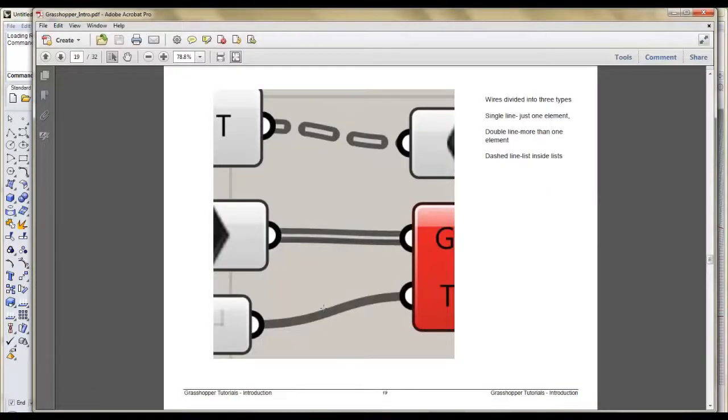Everyone. So to continue with lists in Rhino or Grasshopper, and how information is stored, and how linking these components to each other works, is going to be the portion of this tutorial. There are three ways the wires are represented within Grasshopper: the dash, the double line, and the single line. The single line means that there's just one element within a list. The double line means that there's more than one, and then the dash line means that there's more than one